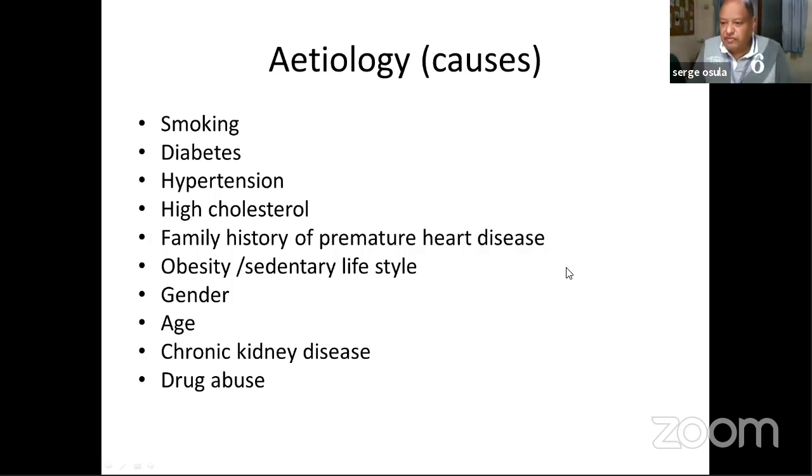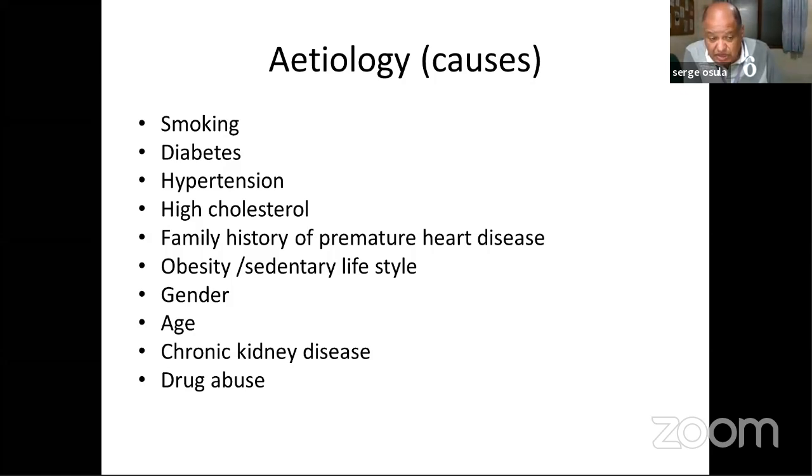So what are the causes of atherosclerotic disease as a whole and heart attacks? One of the major causes is smoking, diabetes, especially type 2 diabetes, but both types of diabetes, hypertension, and again, hypertension is very prevalent in Blacks, high cholesterol, a family history of premature heart disease, and that is defined as heart disease under the age of 60 in men, and 65 in women. A sedentary lifestyle, being overweight,